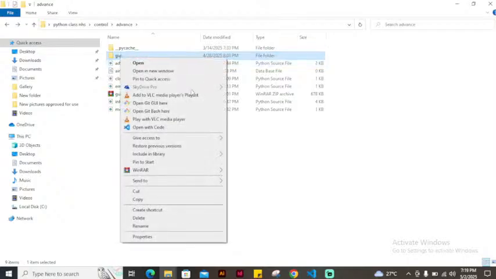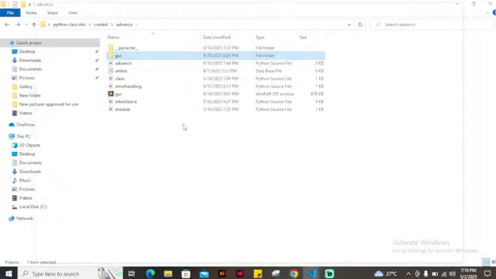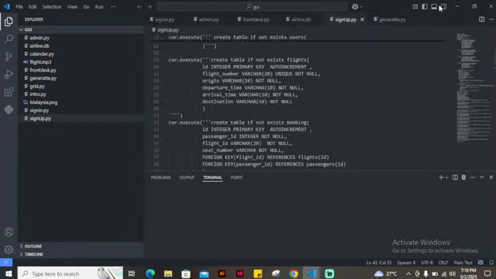So the first thing you need to do, open your file. You need to install a module. There are many modules that can convert Python to an executable file, but I want you to